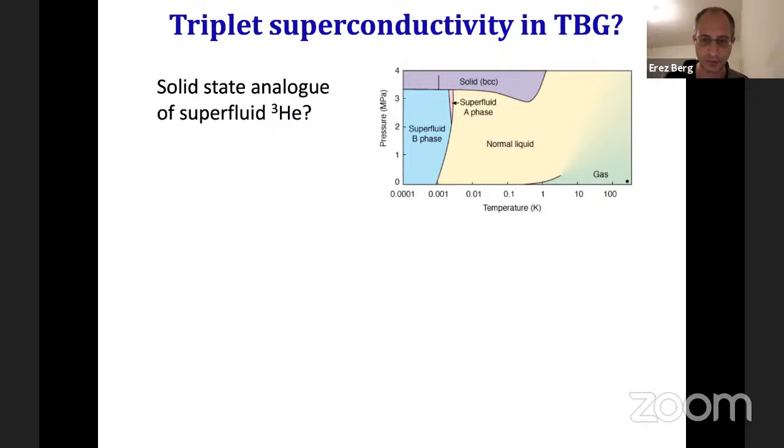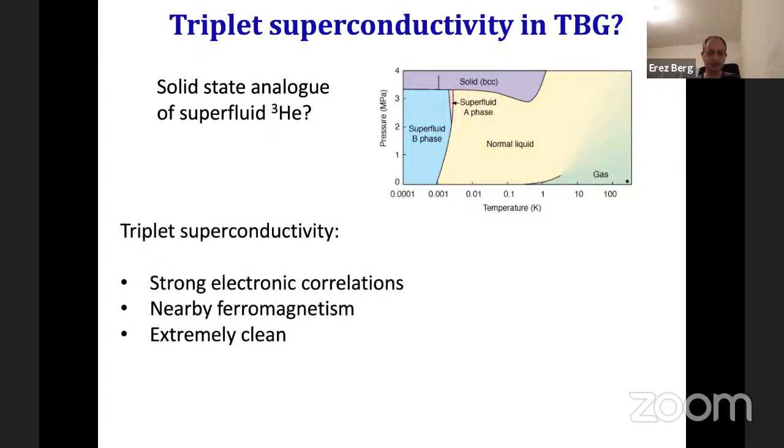The question is why? And I think I remember that, but I'd like to try to list some of the reasons. Okay, so first of all, triplet superconductivity requires strong electronic correlations. In weakly correlated materials with attractive interactions from phonons, you get singlet superconductivity. It helps to have nearby ferromagnetism, and as you know, ferromagnetism and superconductivity usually don't live very well together, but ferromagnetic fluctuations are exactly what you need in order to mediate triplet superconductivity.